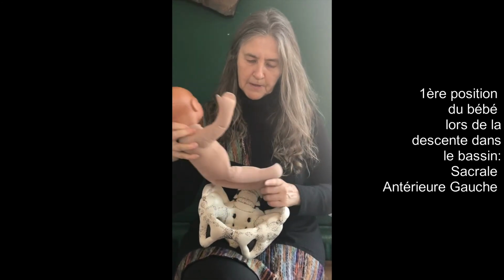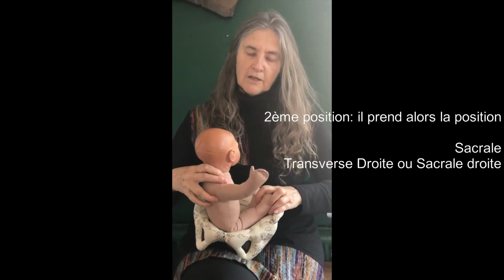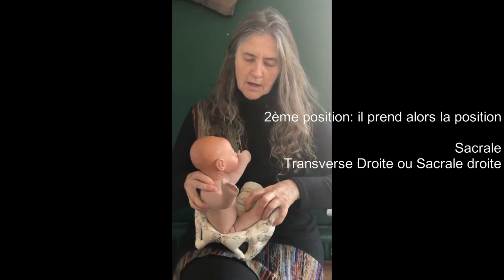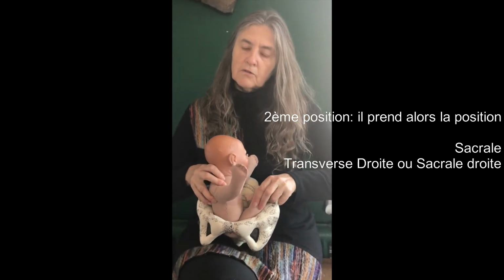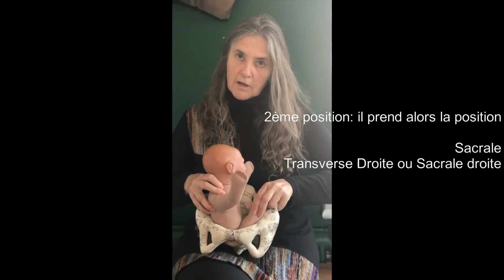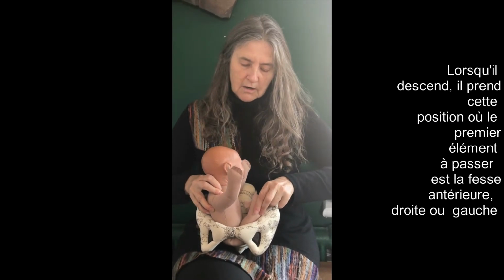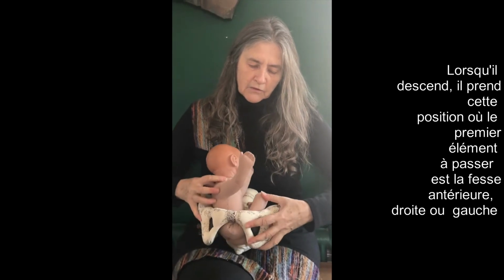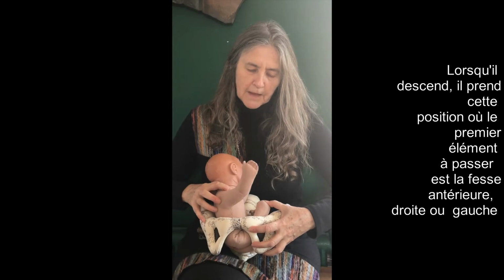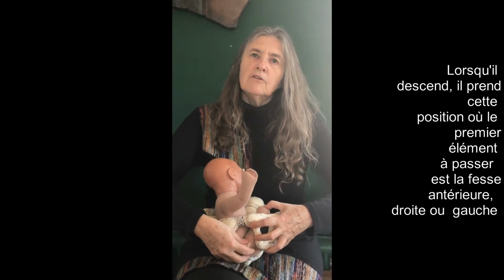This is the brim here. It descends like this, and as it starts to descend, it starts to take on a position of right sacral transverse, or right sacral lateral. Right sacral transverse is usually what we say. And as it's descending, it's taking that position, and the first thing that is really descending is the